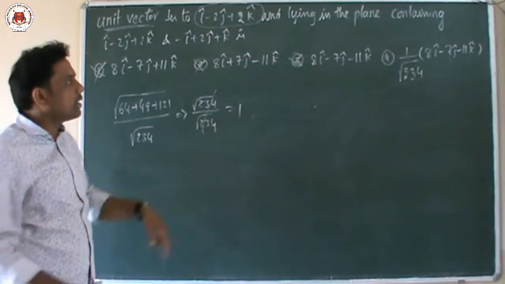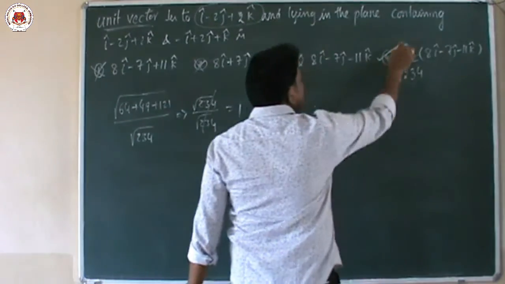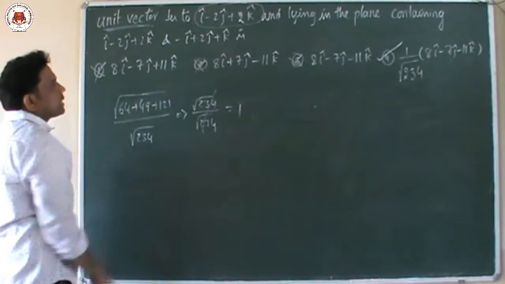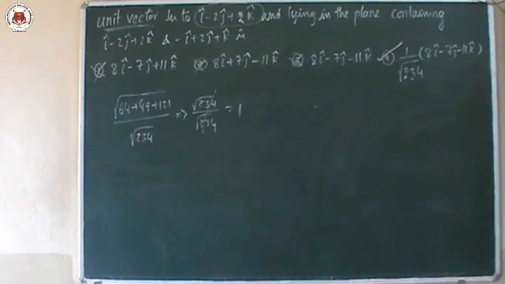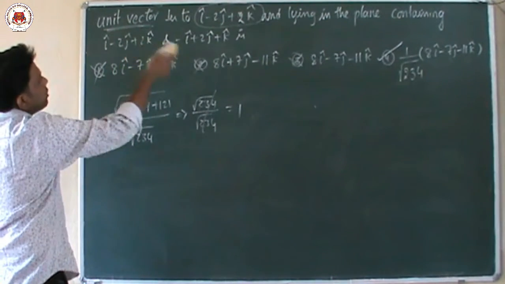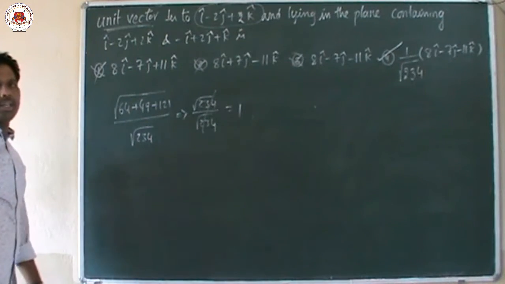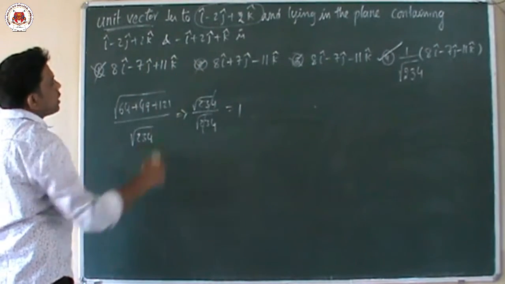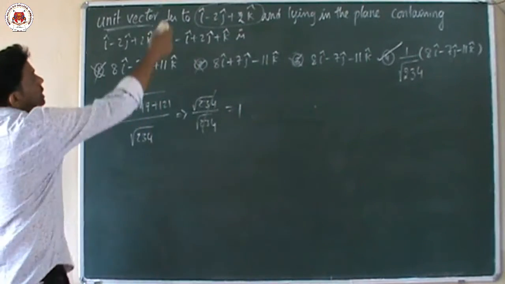So unit vector means whose modulus equals 1. Modulus equal to 1, we got it. So what is the option? The fourth one is the option. Suppose you get a doubt: suppose two options also got the modulus value 1. Then how to find? Then we will do the second check. First one is over: unit vector whose modulus equals 1. The fourth one has modulus equal to 1. Suppose in case two options also got the same answer, then go to the second step.